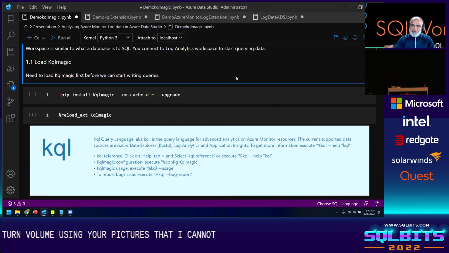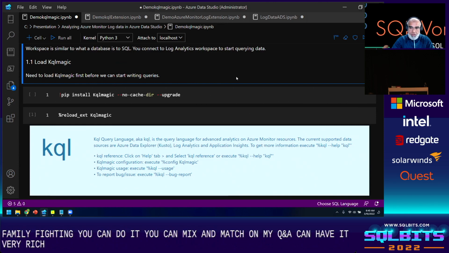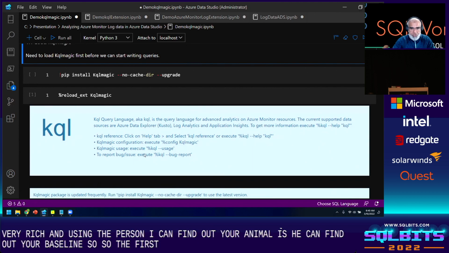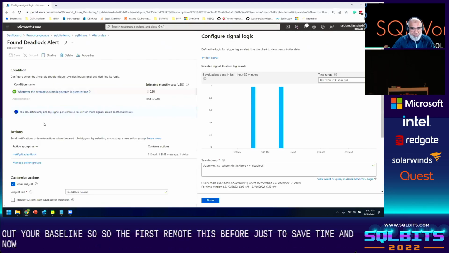If you are familiar with Python, now you can mix and match Python and KQL, and you can have very rich queries written, and using the Python algorithms, you can find your anomalies and your baseline. So the first thing you do is reload your KQL magic. I did this before just to save time. And now if I go to the portal,